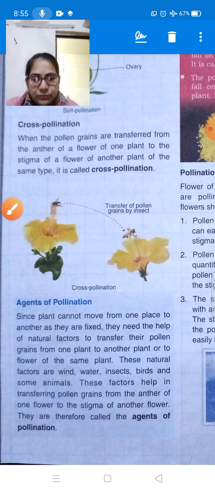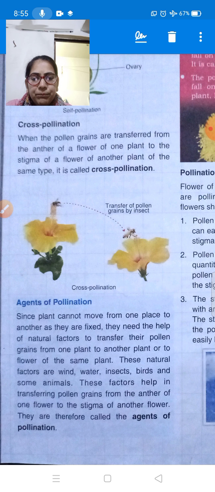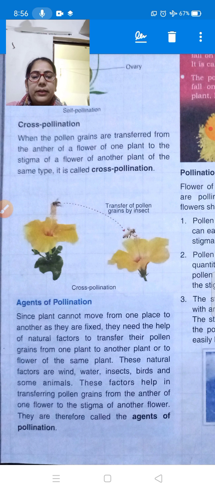Let's read it. Grains from one plant to another plant, or to the flower of the same plant. These natural factors, they need the help of some natural factors, and these natural factors are wind, water, insects, birds, and some other animals also. By the help of wind, the pollen grain will be blown in the wind and will reach the